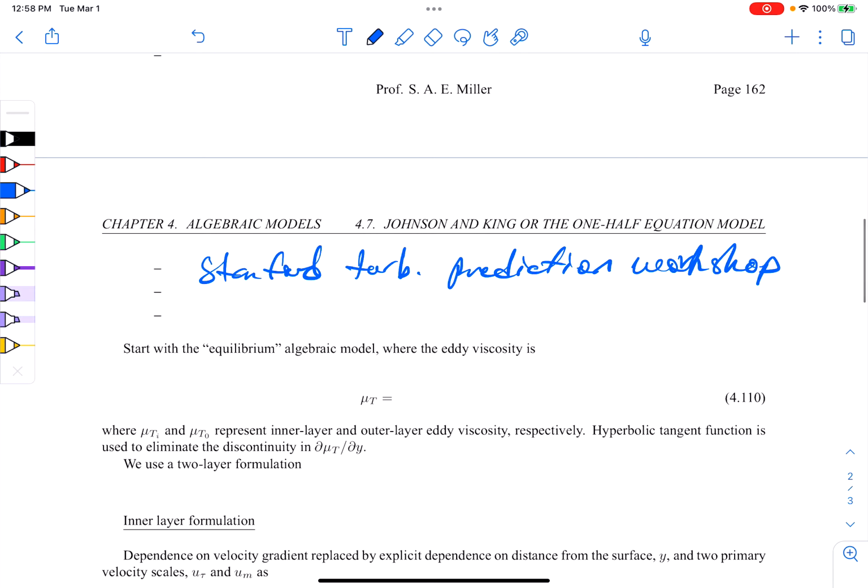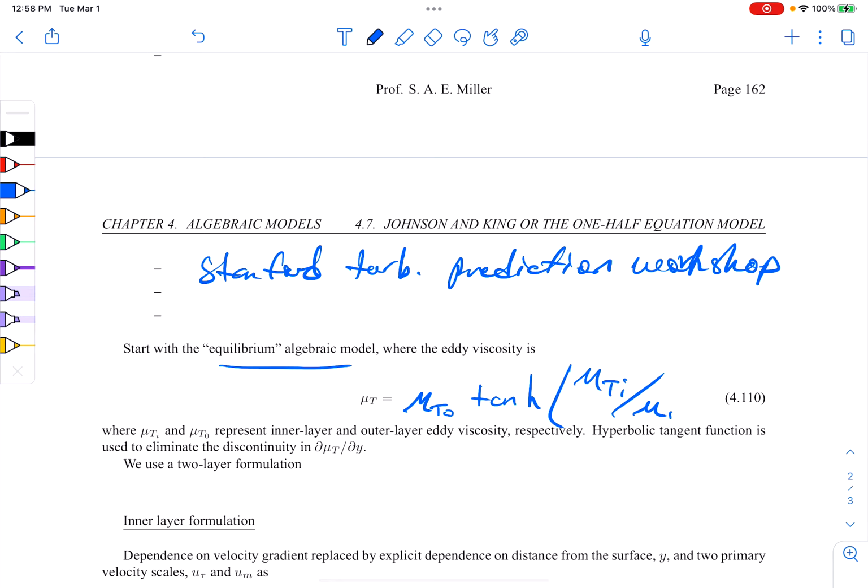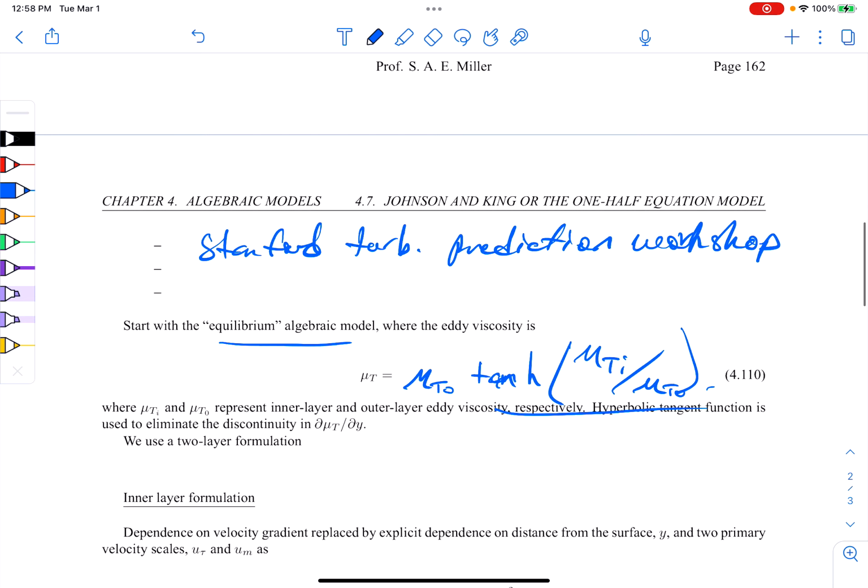They use, and you'll see this in the paper, but just to really show you the major equations, they use a blended equilibrium algebraic model that might go as mu t naught times hyperbolic tangent of mu ti over mu t naught. And mu t naught and mu ti are the inner and outer eddy viscosity. This is hyperbolic tangent, excuse me. And so this is just a blending factor. So before they were looking for intermediate locations, now they're using a blending factor. It's also a two-layer